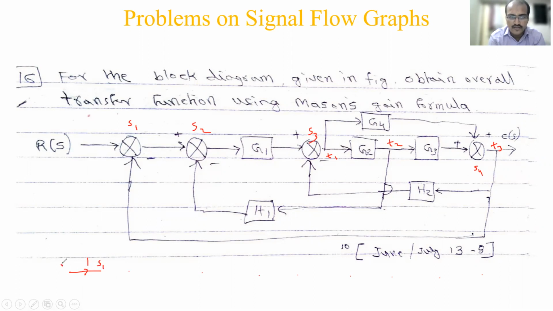Once you have identified the nodes, you have to name them. S1, here you can write R. So this is S2. Like that, all the namings you have to do. And then you have to add the gains. From S2 to S3, there is a G1, right? So S1 to S2, nothing is there, so I will write 1. But S2 to S3, there is a G1, so it will show like this, with the arrow mark G1. The blocks will be removed and we'll write them as branch gains instead. So this is signal flow graph construction.